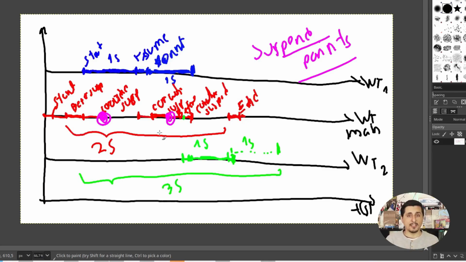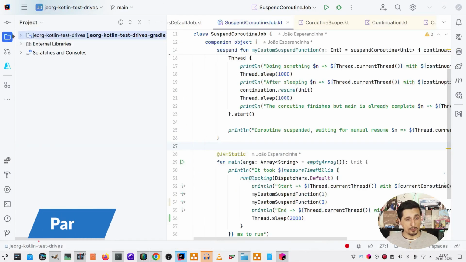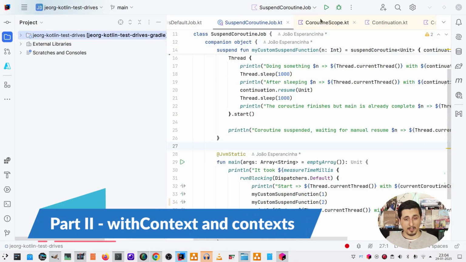All right, so this is something about suspend that I wanted to share with you. The other thing is withContext. Now, withContext is very different, and it's a different concept. If we go to our code, the code that we were busy with in the beginning,